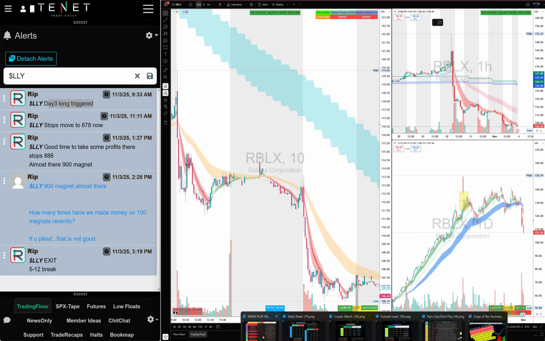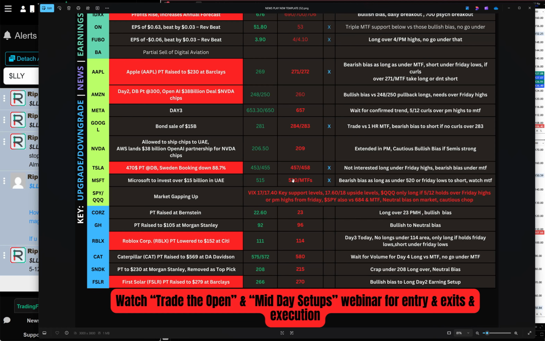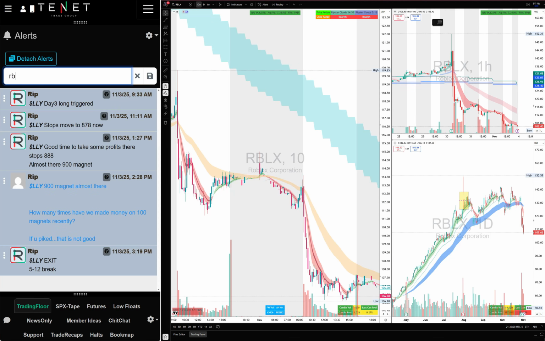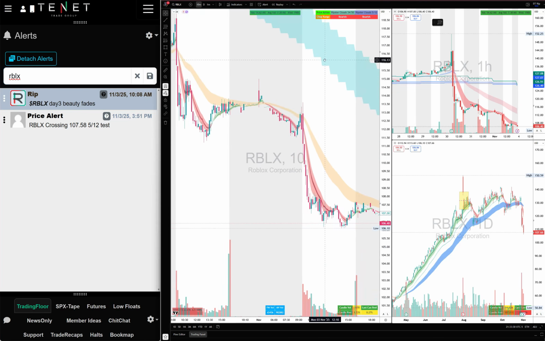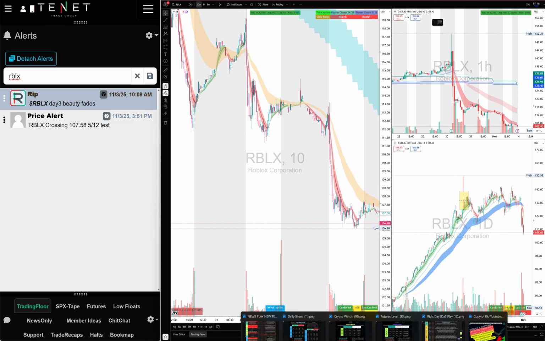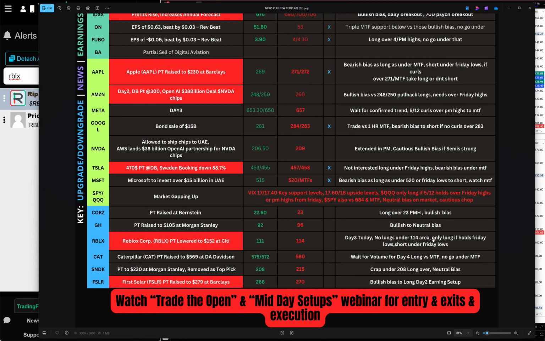Not only that, if you look at RBLX, usually any stock which had earnings will have some kind of analyst comments in the coming days. Citi lowered the profit target on RBLX. Whenever Citi says something, you always pay attention. I've said it many times. That's why I made RBLX into the red trade. All you had to do was buy the puts right at the open under yesterday's lows. If you look at my pre-market planning, no longer 114, short under Friday lows.